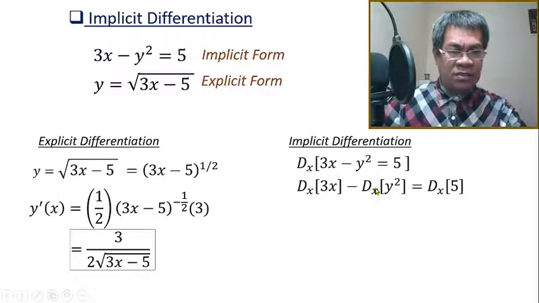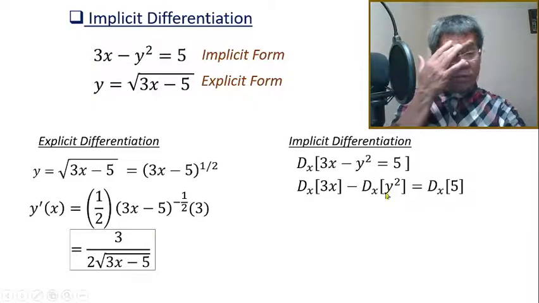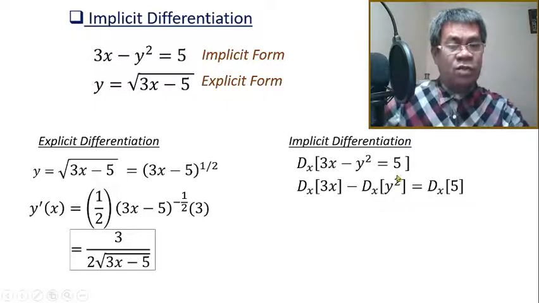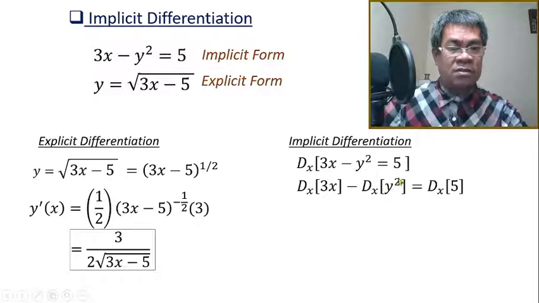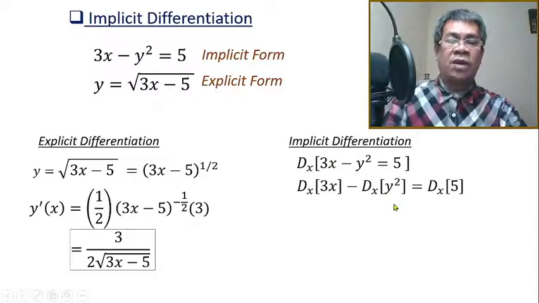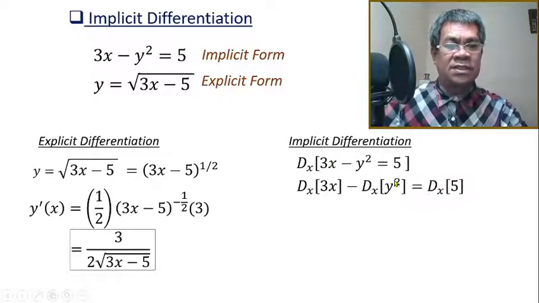While this one, look at this one. This is x and this is y. But take note, this is not a constant because y is a function of x. So we cannot say this is 0, it cannot be treated as a constant because y is a function of x. So what will you do if we have this y? Now, by the way, in our previous example, we have only the first derivative, so we say it is y prime. Now, what will happen if this is second degree, third degree, or fourth degree?